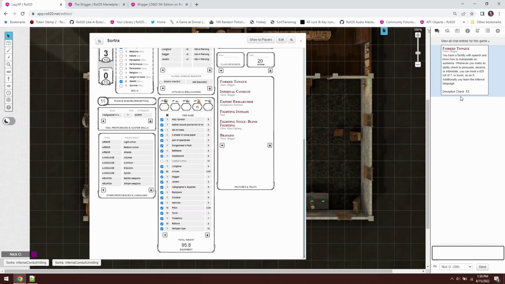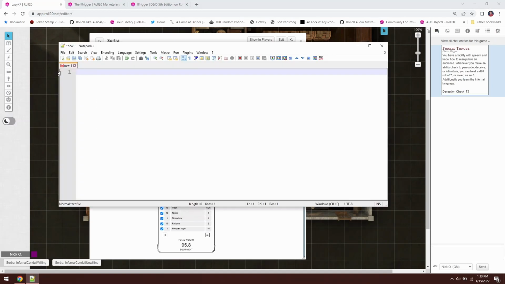and the lowest value I can get is a 13 based on my charisma score and my proficiency bonus because I rolled a 4. If we look at the dice here, I rolled a 4, so we're treating that as an 8, and 8 plus 5, which is my deception bonus, is 13. Okay, so you can see some of the math going on when I highlight over that roll what's actually happening here. So I've got my trusty notepad window here to help me illustrate stuff,